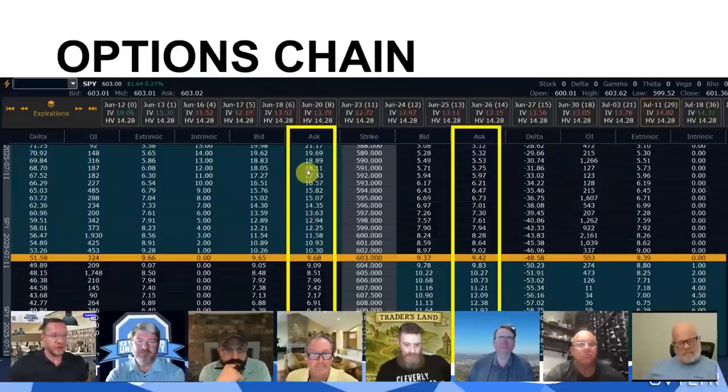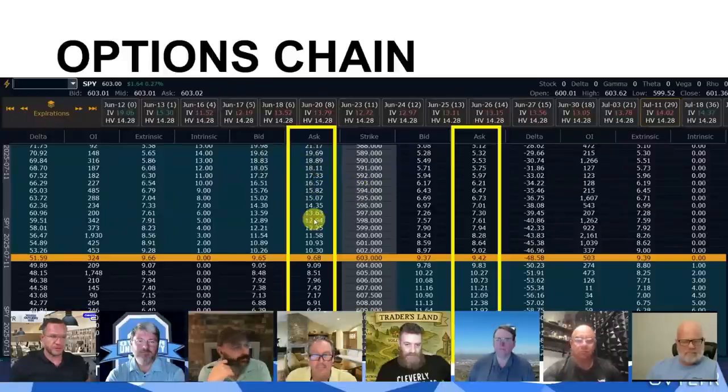Well, you would actually go into the chain and click the number. I know it sounds weird, but in order to do this, you have to go into the ask column, and then you click the number on the strike that you want to trade. Now, listen, Chris didn't understand that for a long time. I'm clicking the mess out of this. And I'm like, where the hell do I click, right? No. You go to the ask column, and you click where you want to buy.